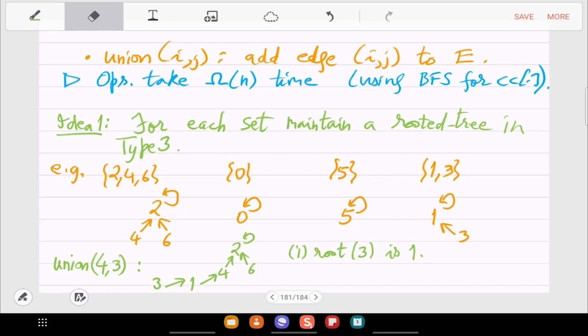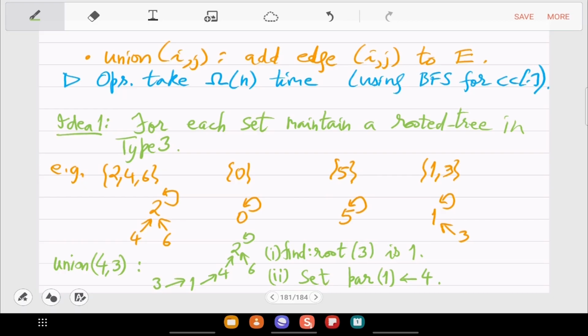So find the root of 3, and then you set the parent of this root that you have found, the parent of 1, to 4.